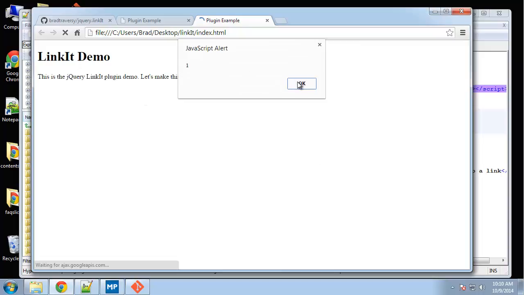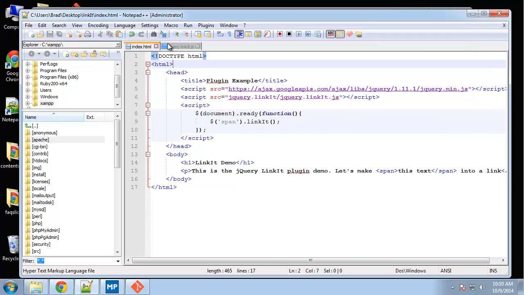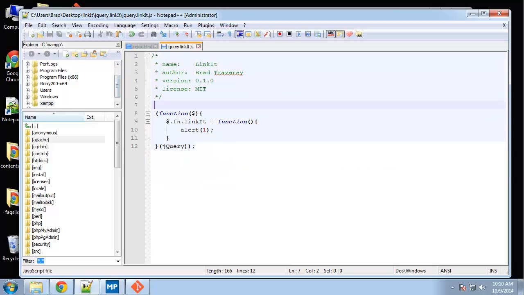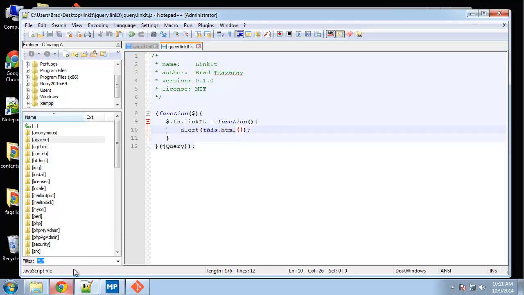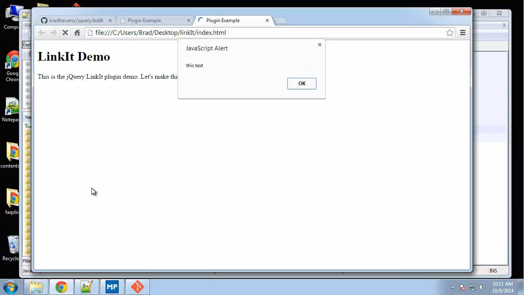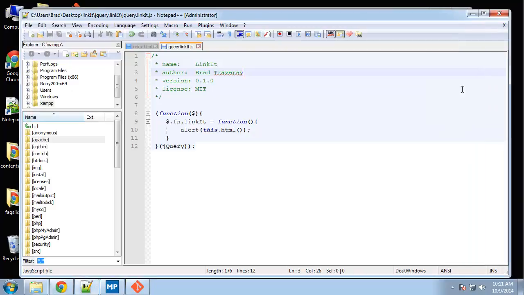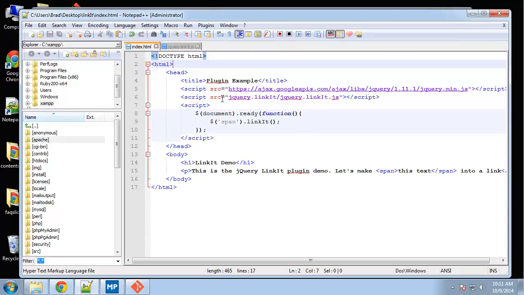Okay, so we're getting an alert because we're calling the function. Now let's alert this .html. Okay, so you can see that we're using this to grab the element that we call the plugin on. So we called it on the span. Alright, so what it's doing is it's getting the HTML inside of that element